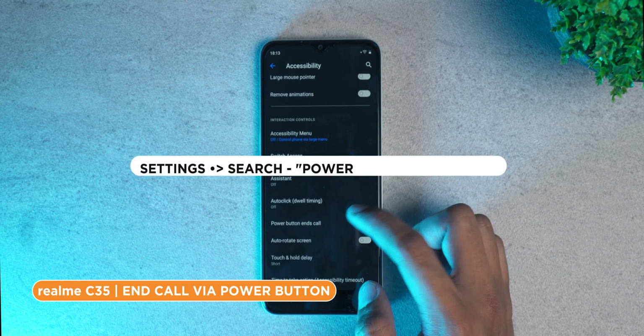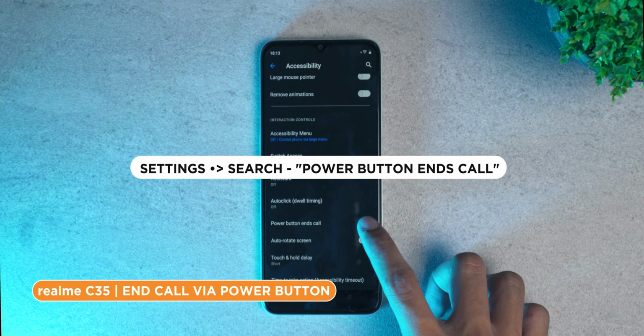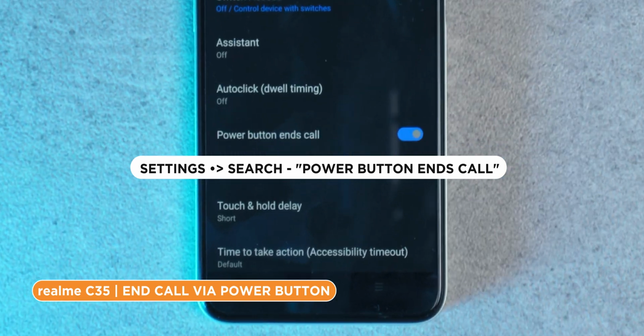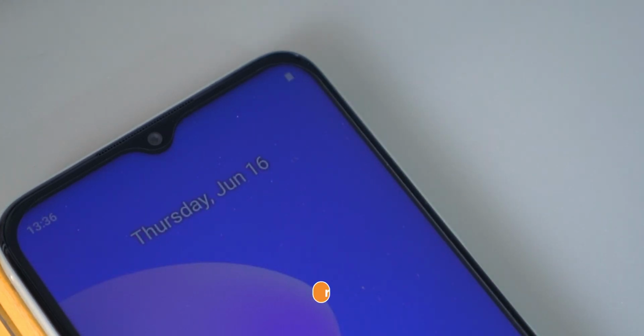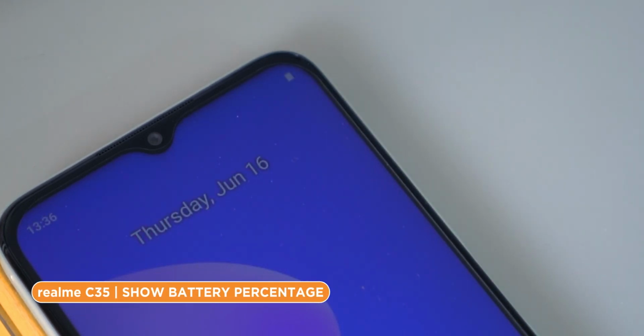For us to enable this option, hit Settings, scroll down and search for Power Button Ends Call and toggle to turn it on. It's really hard to read a mere battery symbol and guess how much charge you have left